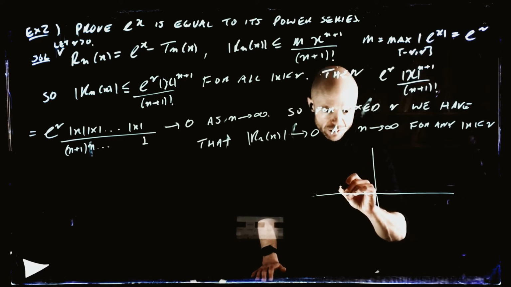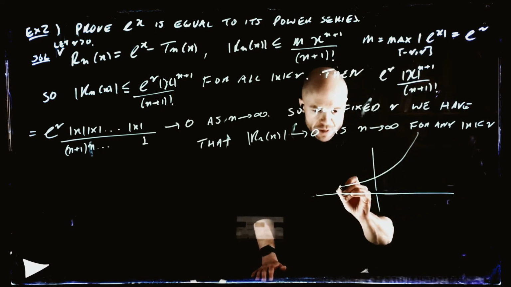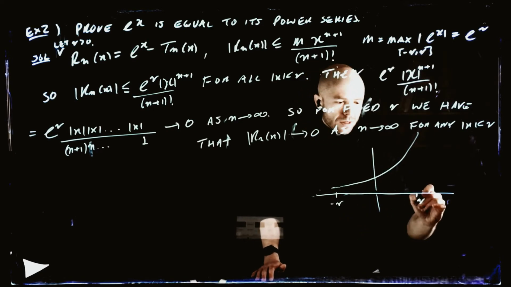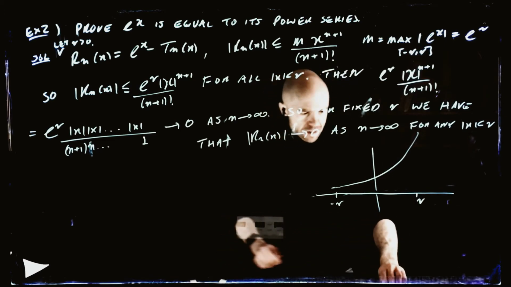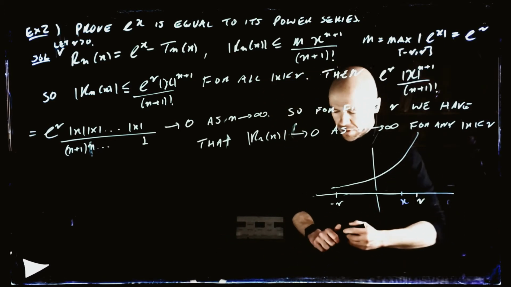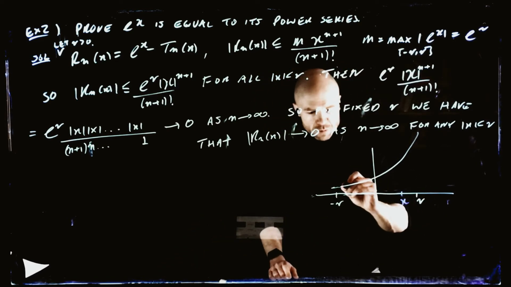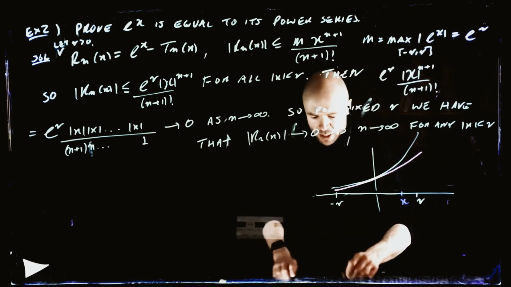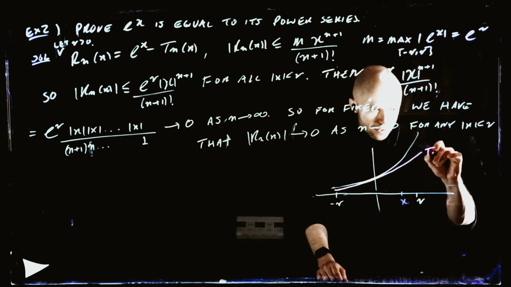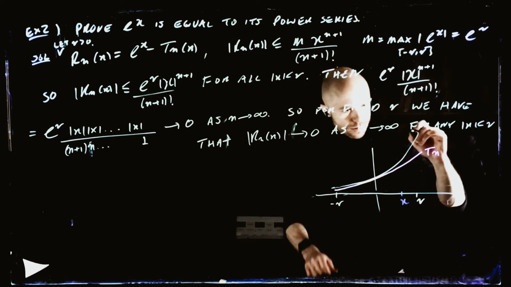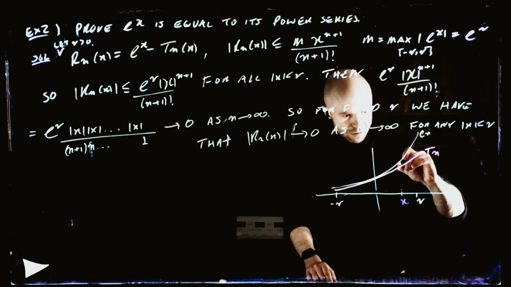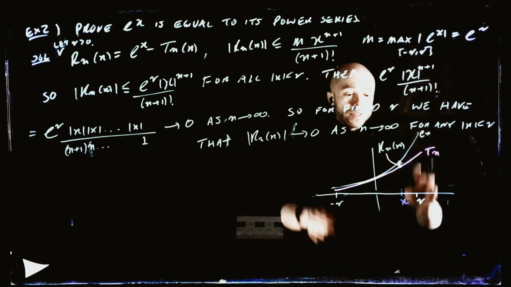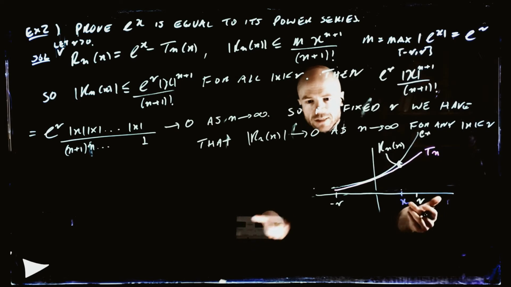We have our exponential function like this. We've taken some r, so this is minus r to r. And we know that no matter what x we have inside this interval, take any x you like, then as we let n go up to infinity, we have more and more terms in the Taylor polynomial. Then the gap between the nth-term Taylor polynomial, Tn, and the actual function, e to the x, is going down to 0. So this thing is going down to 0 as n goes to infinity, which exactly says that